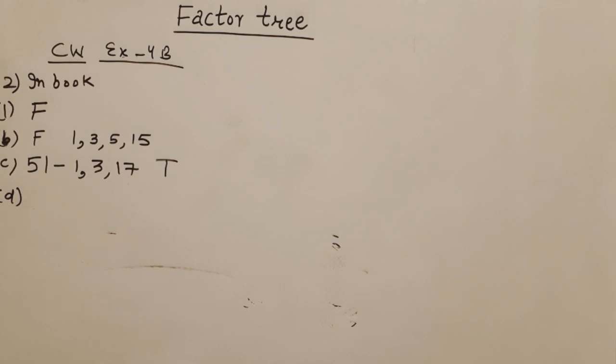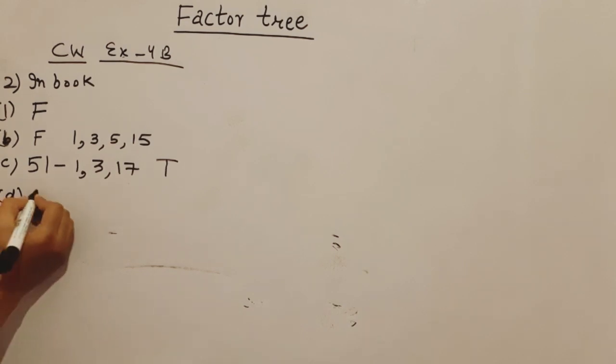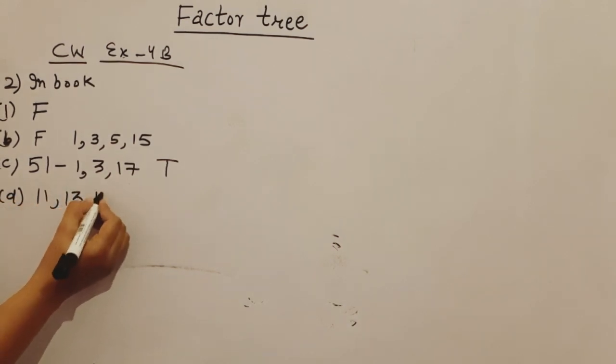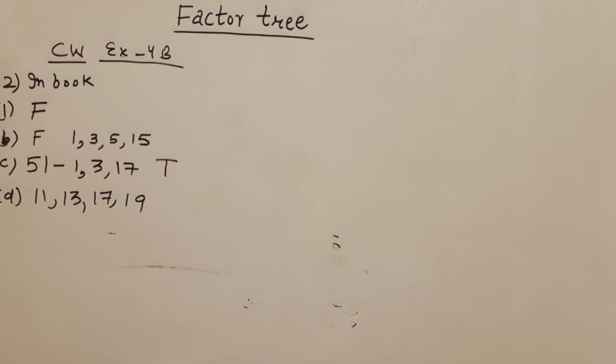Now come to the last statement of the true and false. The prime numbers between 10 and 20 are 11, 13, 17 and 19. Are all the prime numbers correct between 10 to 20 as per the sieve of Eratosthenes? जो मैंने आपको एक टेबल समझाया था उसके अकॉर्डिंग अगर आप चेक करते हैं, so the prime numbers between 10 to 20 are totally correct. 10 से लेके 20 के बीच में यही 4 प्राइम नंबर्स होते हैं.